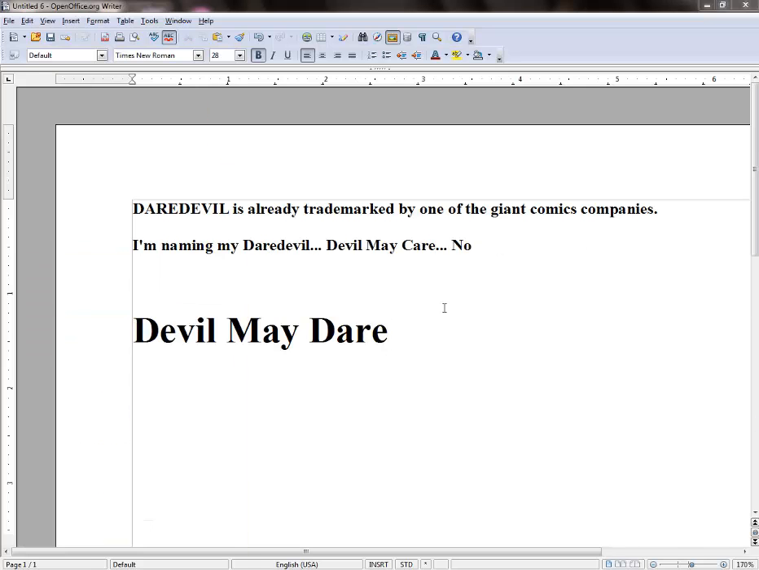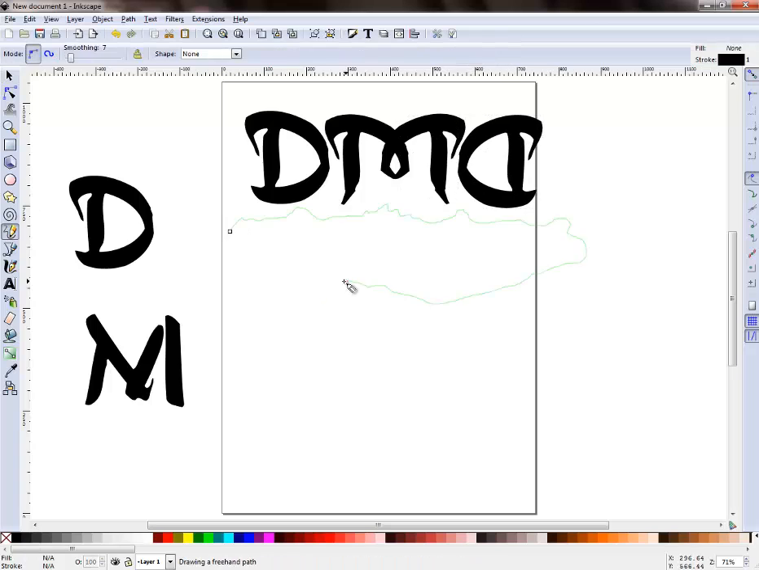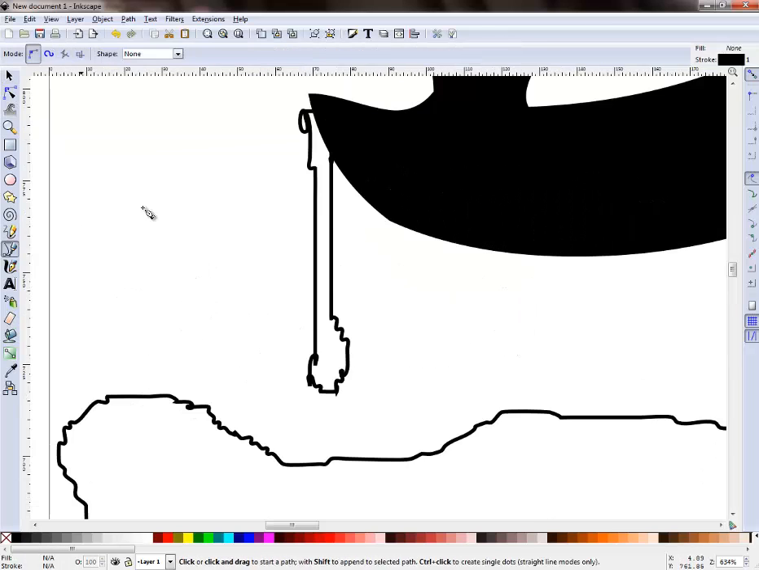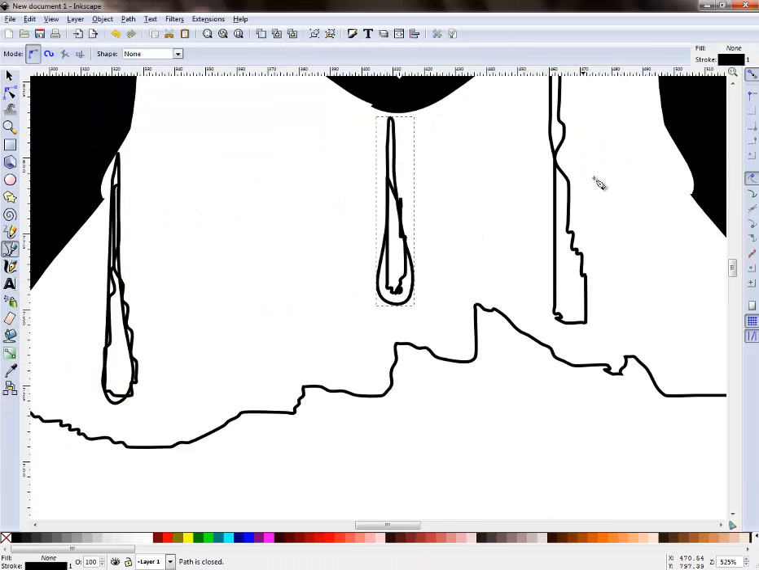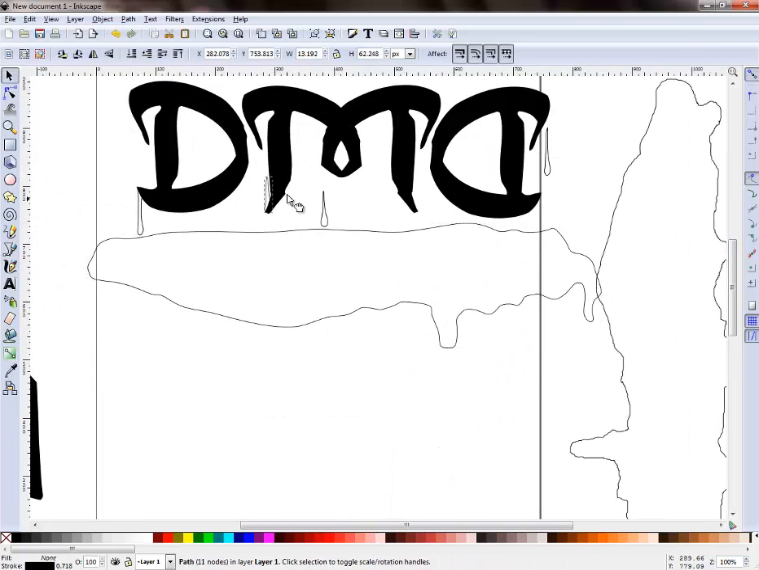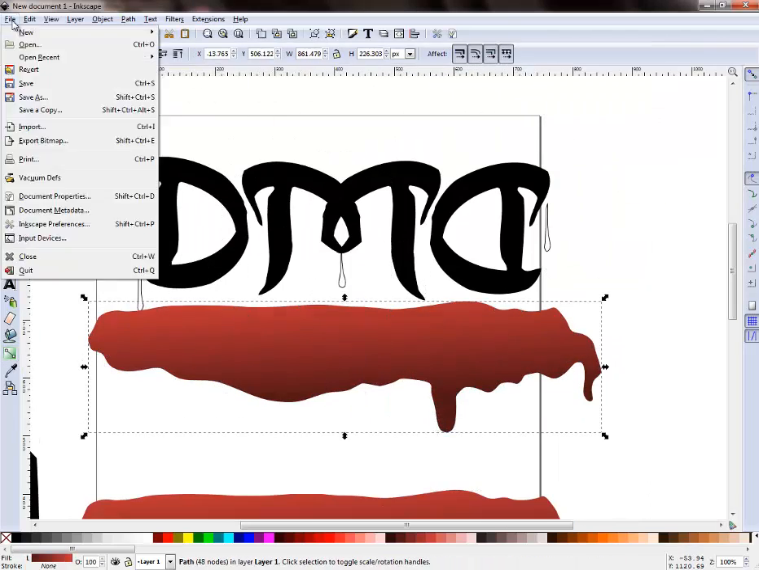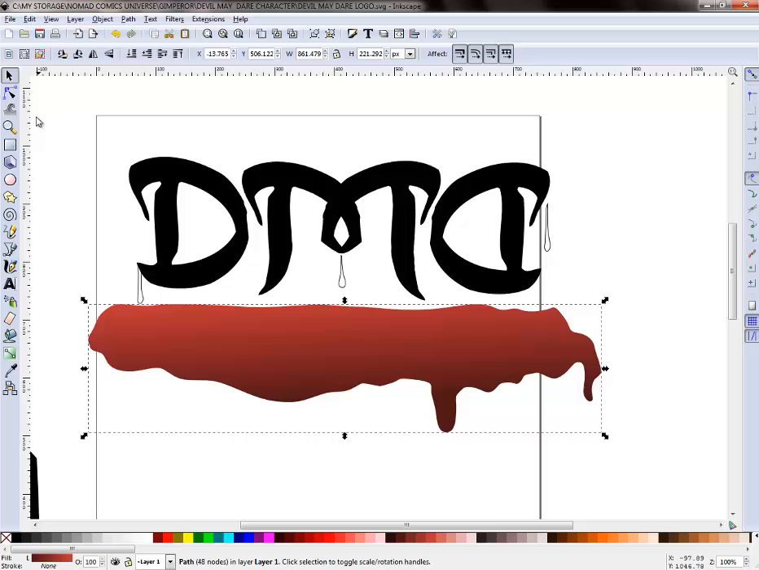Also, what we're doing, we're taking that one step further. We're using all free, all open source software. That means the Gimp and Inkscape. As a matter of fact, what you're looking at is we're starting the logo for DMD, Devil May Dare, that's what I'm calling them,